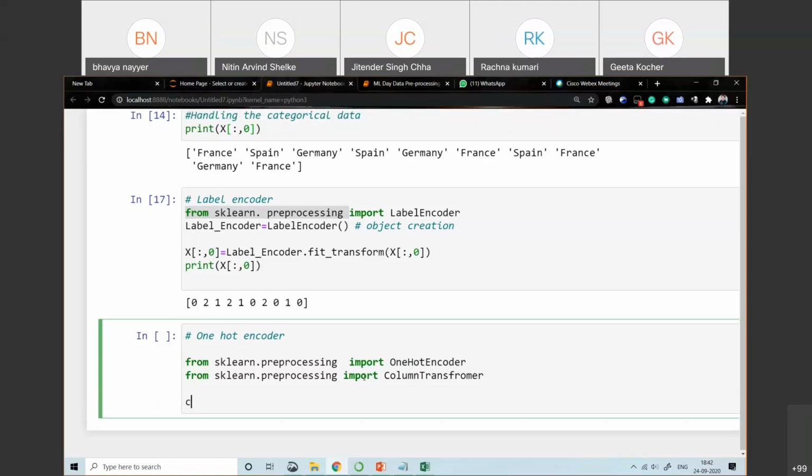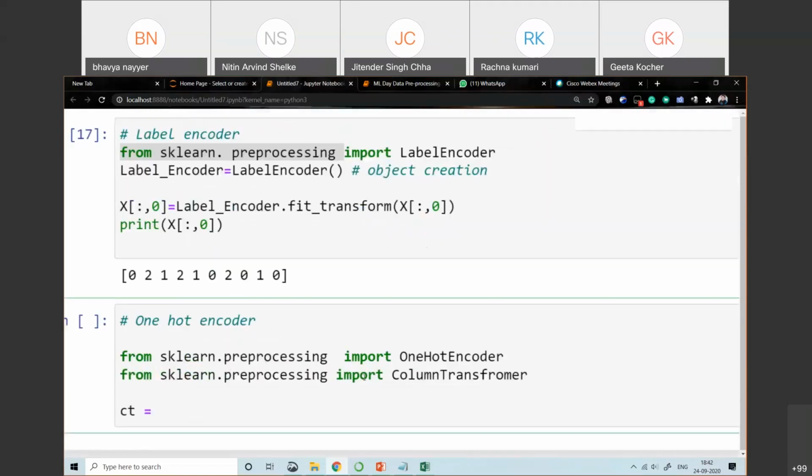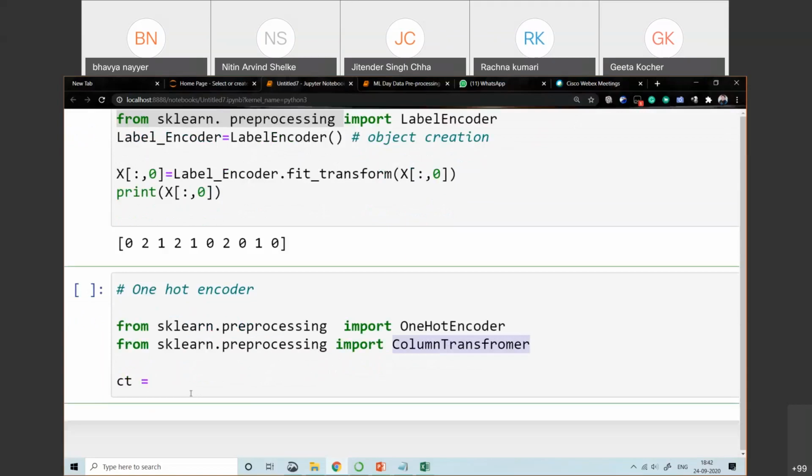Now let's create the object ct equal to ColumnTransformer. In brackets, square brackets, we need to add the OneHotEncoder class along with the name of the country column: country, the object of OneHotEncoder, and it is present at the 0th index.